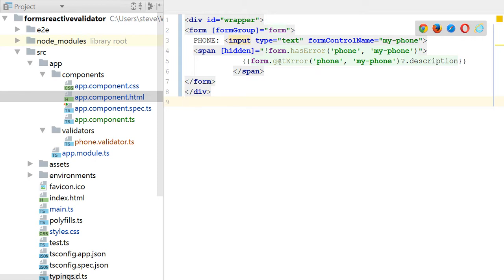We do a form get error on the phone validator with the my phone attribute, or let's say the my phone control name, and show the description. Okay, so let's